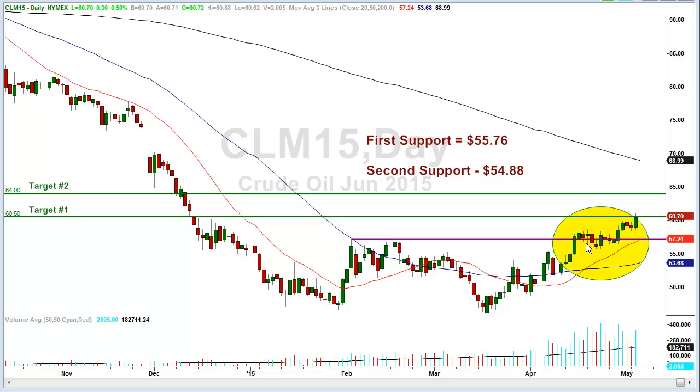I mean, I took you on a ride on this trade, and hopefully a lot of you caught it. I know a lot of you did because you emailed me, so I'm happy that you caught this trade. And, you know, some of you have done the right thing. Some of you have taken half off and you have a stop in the money with a trailer on it, meaning as the price moves up, your stop moves up, and you just guarantee yourself a winning trade. So this is the perfect trade. This was a great trade in the price of crude.